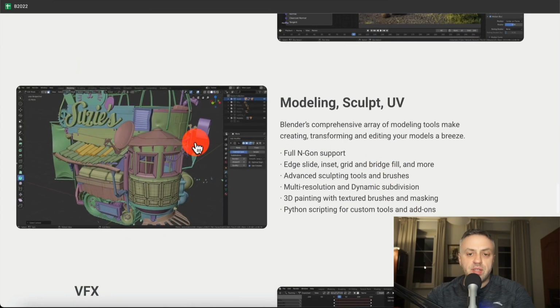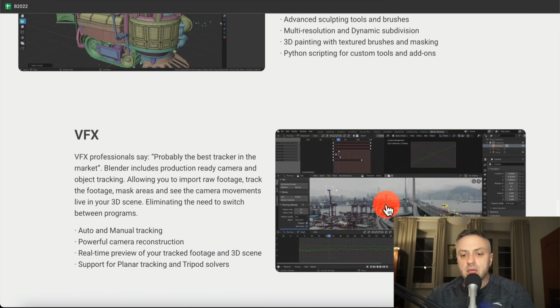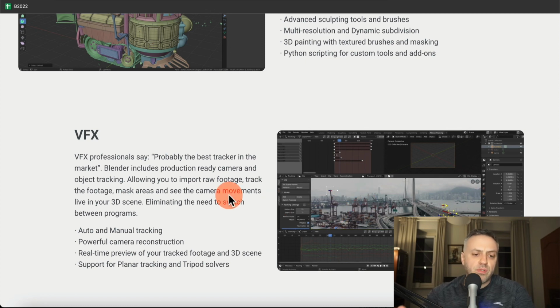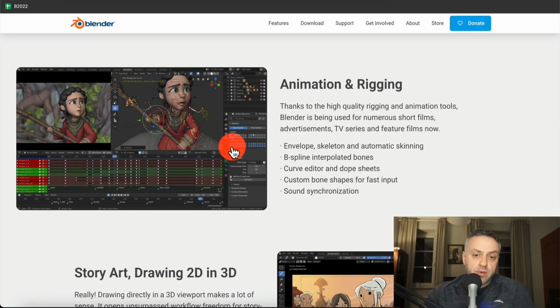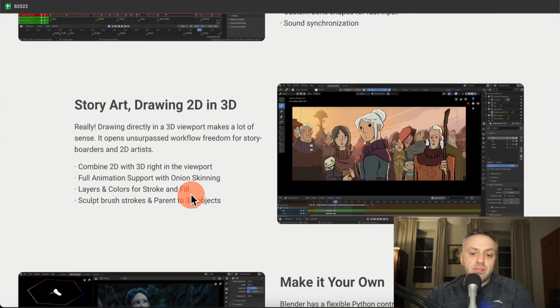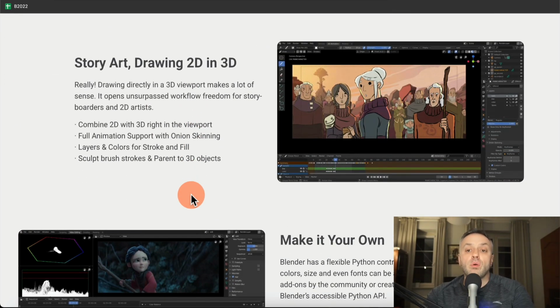So if we take a look at some of these screenshots here, you can see that essentially it's kind of like this 3D modeling, right? 3D modeling. And here we have a scene. And this could be useful for games, for animations, for creating pretty much anything 3D. That is what I got so far, okay? Animation rigging. If somebody has used Blender before or is an expert in this domain, let me know in the comments below so I better understand.